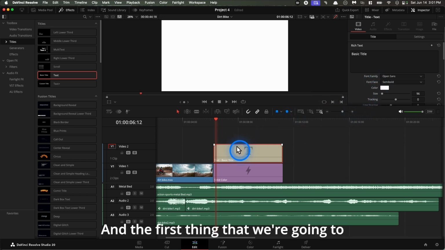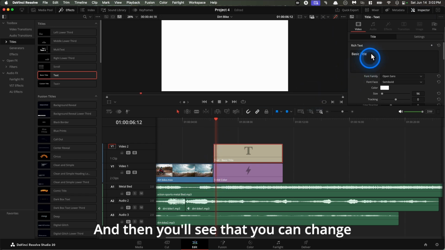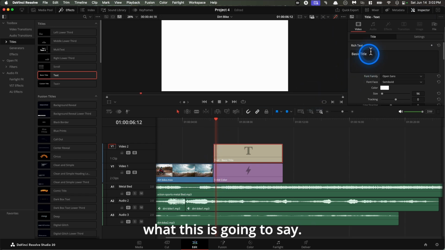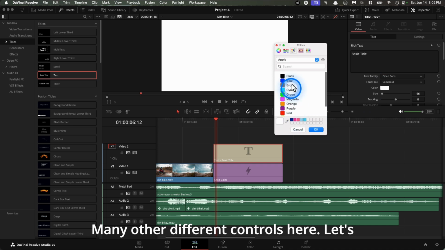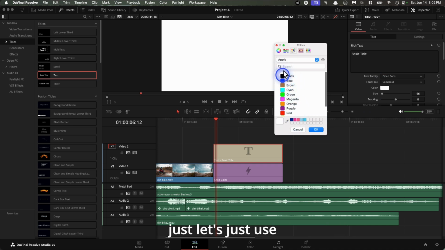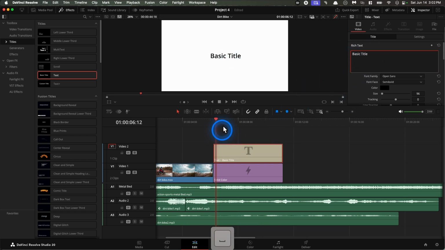And the first thing that we're going to do is go into the inspector with that highlighted, and then you'll see that you can change what the title is going to say. You can change the font, many other different controls here. Let's just use black. Let's keep it simple. So right now, basic title is going to show up there. And when you play it back,